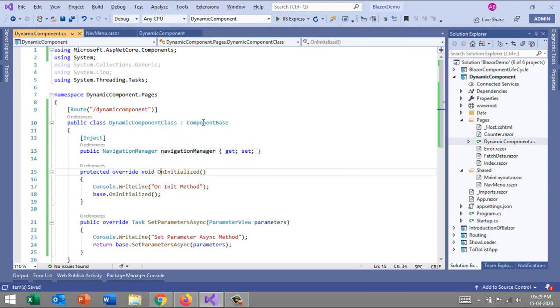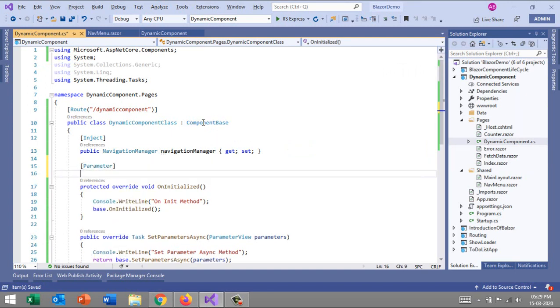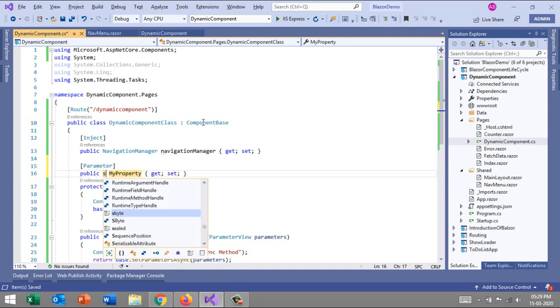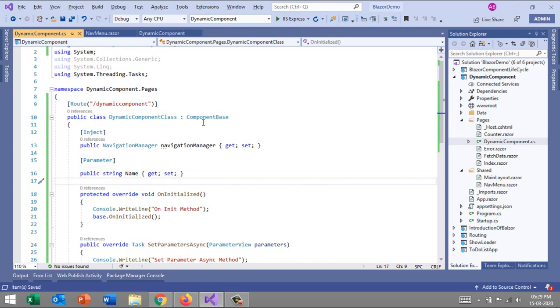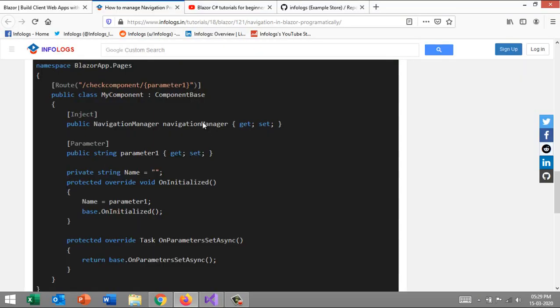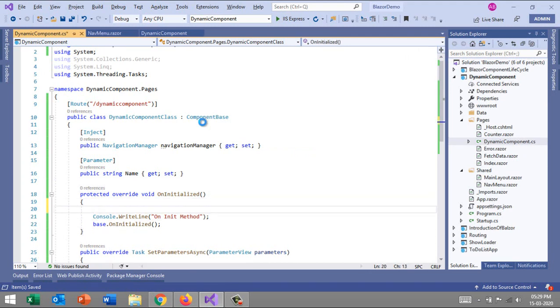And then on initialized, we'll also receive a parameter. For that we need to select a parameter, and the property will be a string called Name. This is our parameter. On initialized we are assigning that parameter, so we are accessing that name.